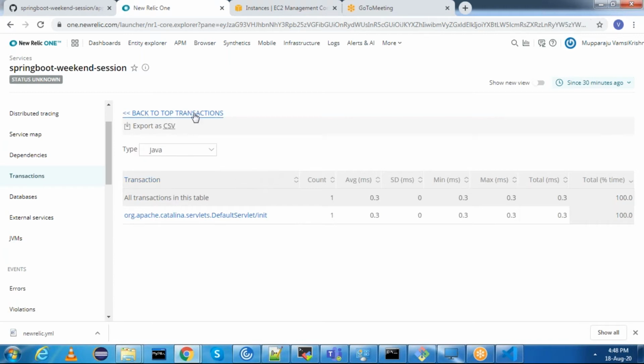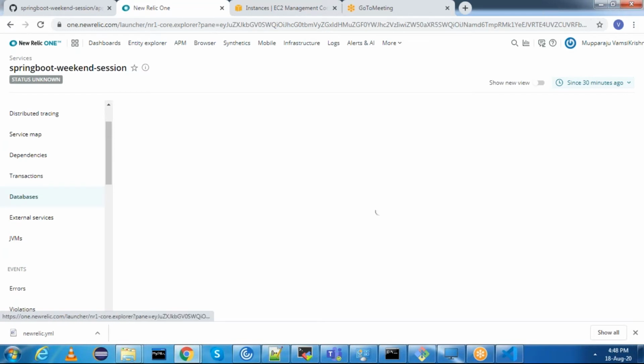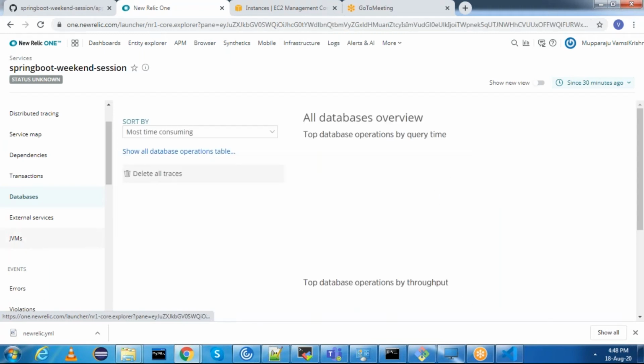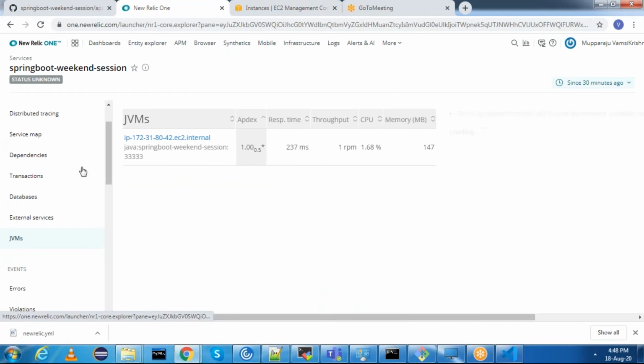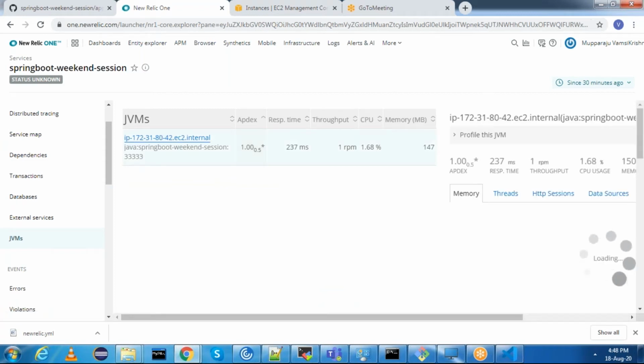These are Java transactions. Okay. And as we don't have databases, we can't see anything here. If databases are there, we can observe them here as well. In this case, I just showed JVM because we are using a Java application. We can see the Java virtual memory.